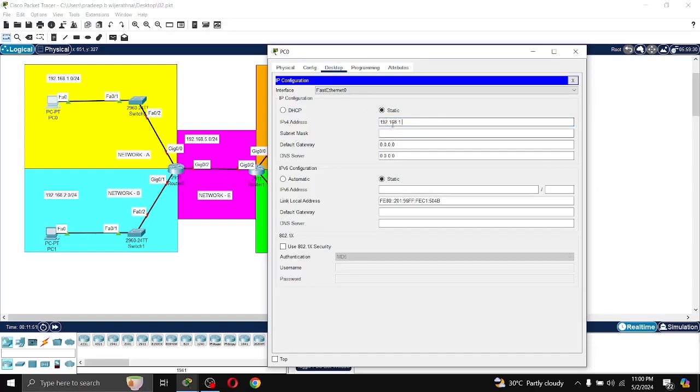This PC IP address is 192.168.1.2, with the subnet mask, and the default gateway is 1.1. Okay,